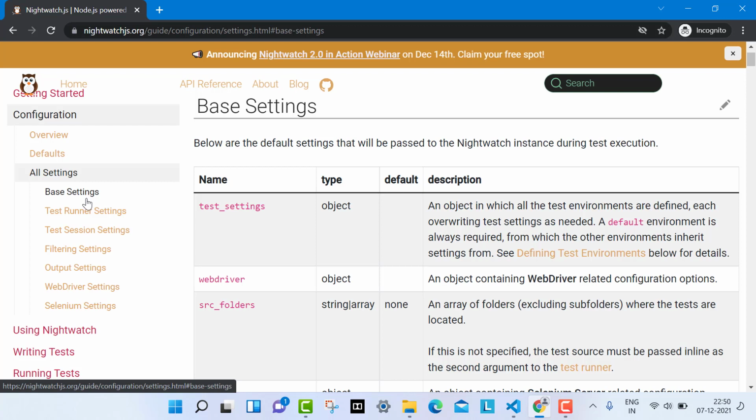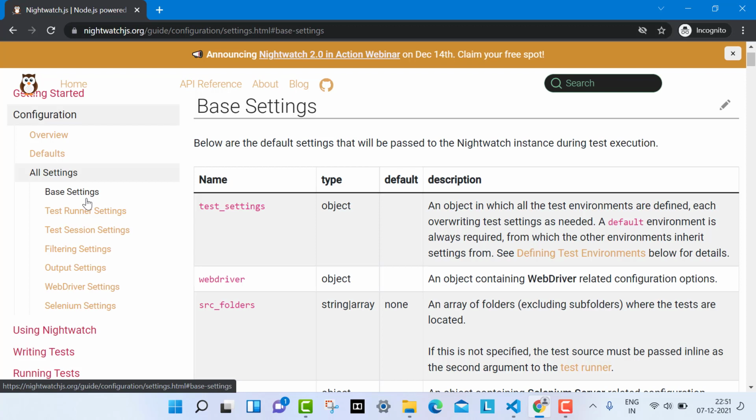Apart from that, you will run your tests in parallel mode, or you will use some host and port for Selenium. So where will you pass that? Also, you will run your script in different environments. So where will you pass this information? This information you will set in the configuration files. This configuration file will be helpful for doing so many things. If you have not done the configuration file in a better way, or you have made any mistake in the configuration file, your Nightwatch code will not execute.